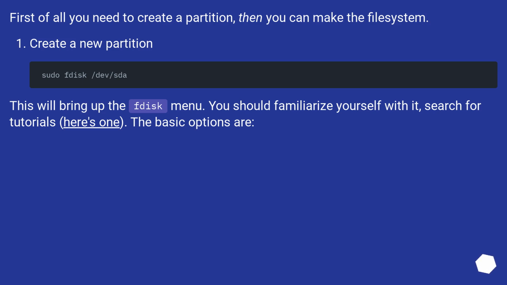First of all, you need to create a partition, then you can make the file system. Create a new partition. This will bring up the fdisk menu. You should familiarize yourself with it, search for tutorials, here's one. The basic options are: